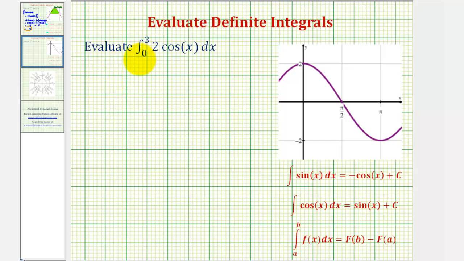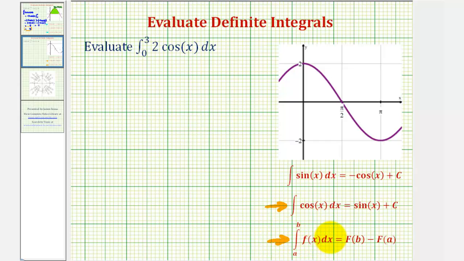We want to evaluate the given definite integral. To do this, we'll first find the antiderivative function using our integration formula here for cosine x. Then, once we find the antiderivative function, we'll use the fundamental theorem of calculus stated here to determine the value